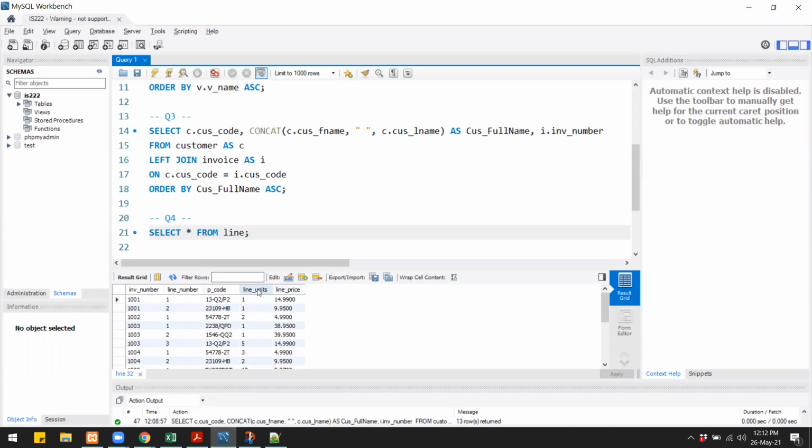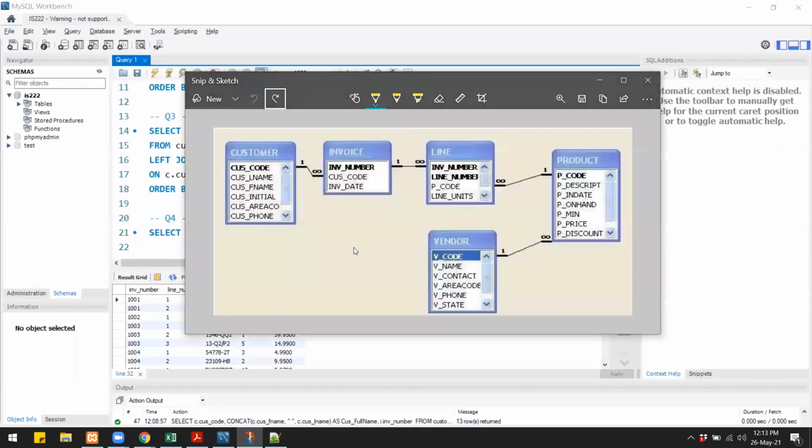So in the last lab, we have seen how to get the line total. That means in here, you will need to join 3 tables. So you will do the left join on customer and invoice, and then whatever result you get, you will again do a left join on the line table. So this time we will have 2 joins, one between customer and invoice, and the other between invoice and line.